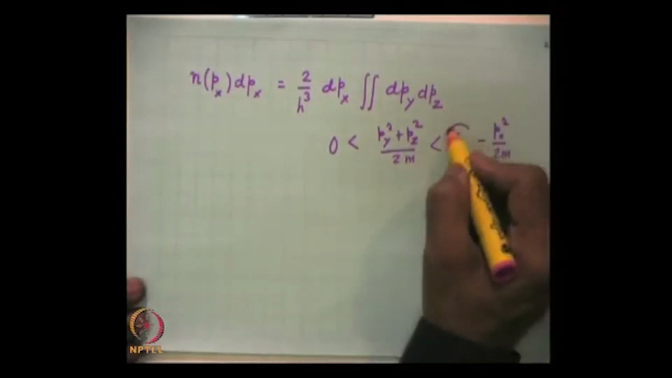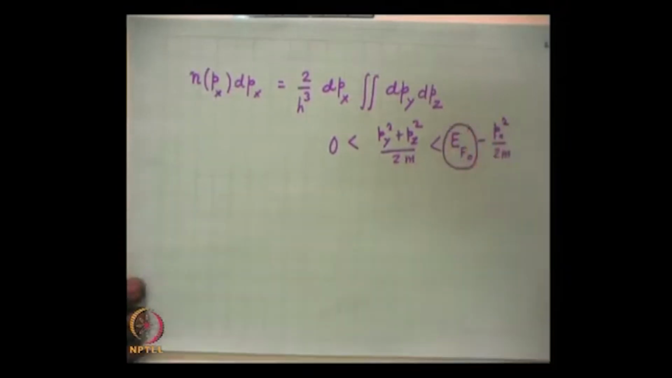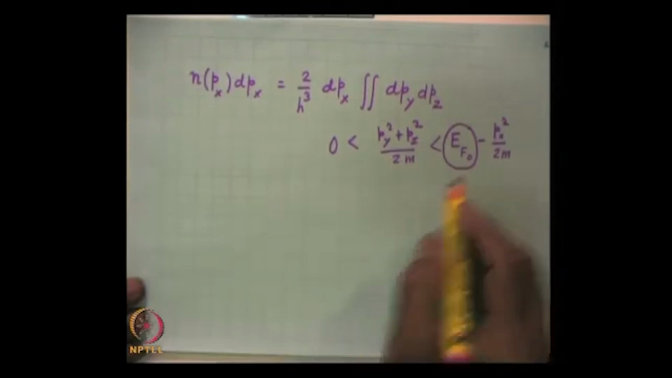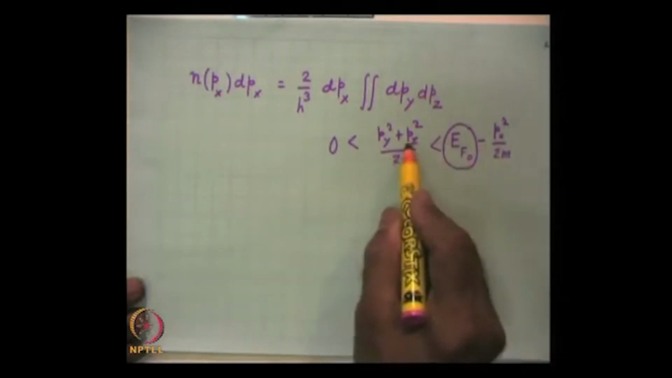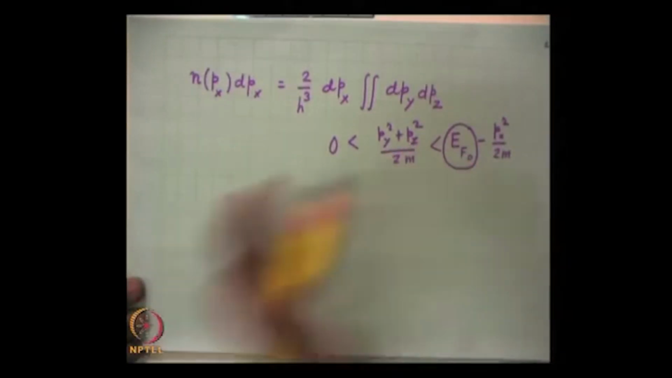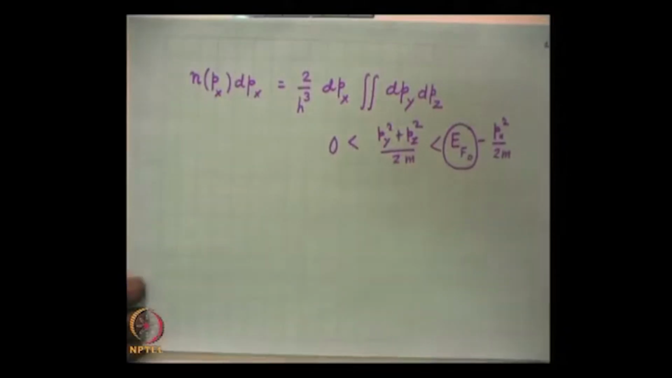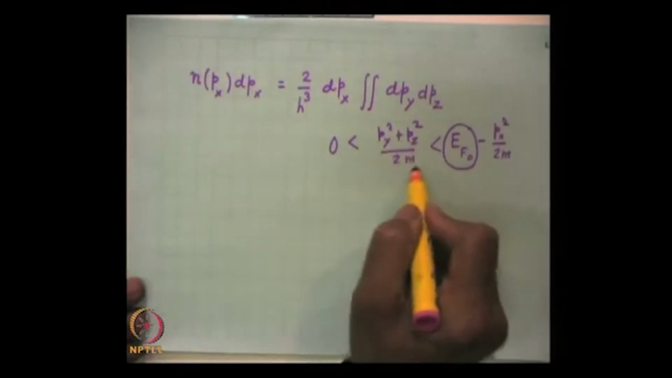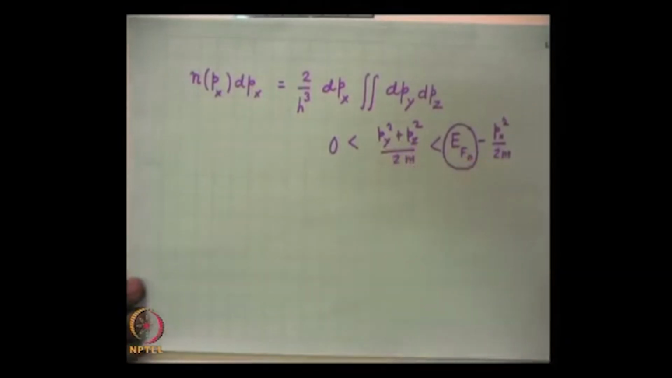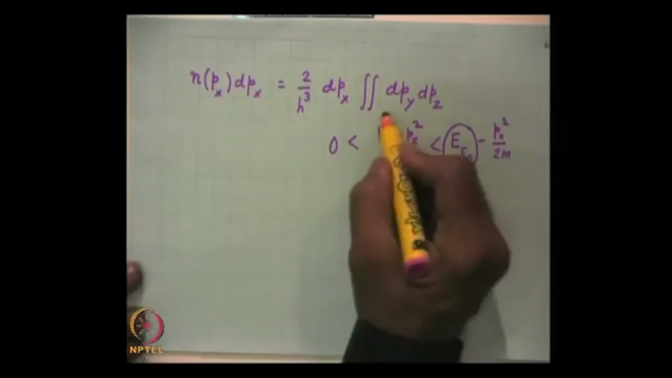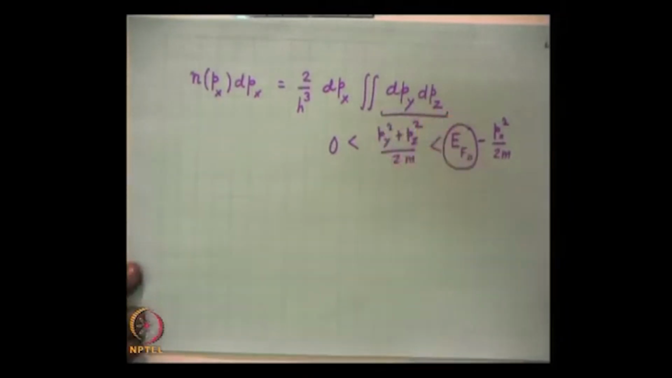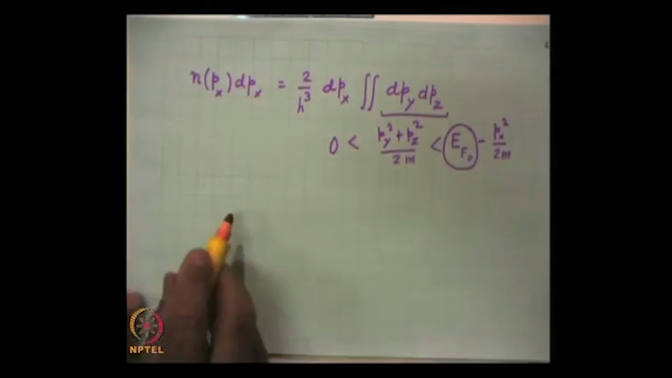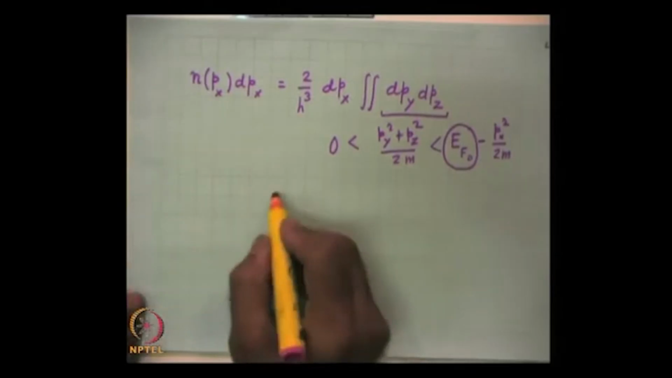You see, E f naught is the maximum energy of the electron, and p x square plus p y square plus p z square by 2 m is the total energy of the electron. So, the maximum value of p y square plus p z square by 2 m will be E f naught minus this. So, you can transform to the polar space, carry out this integration, and then one finally